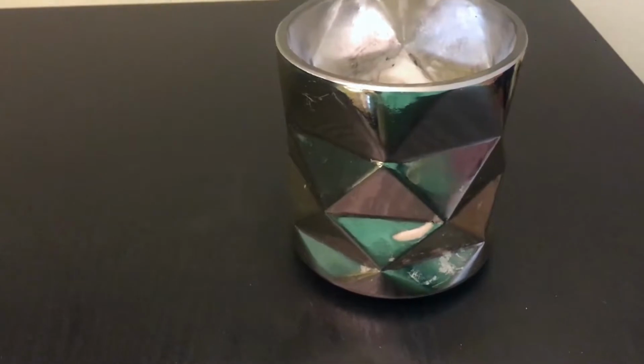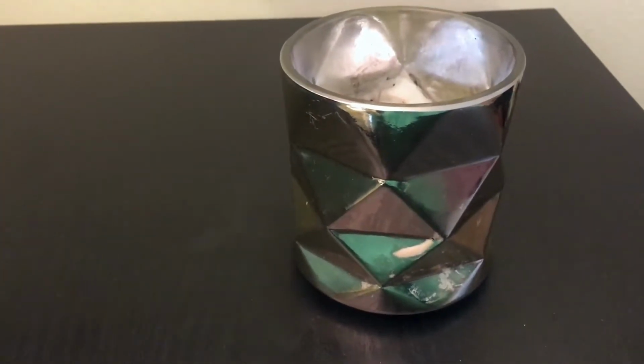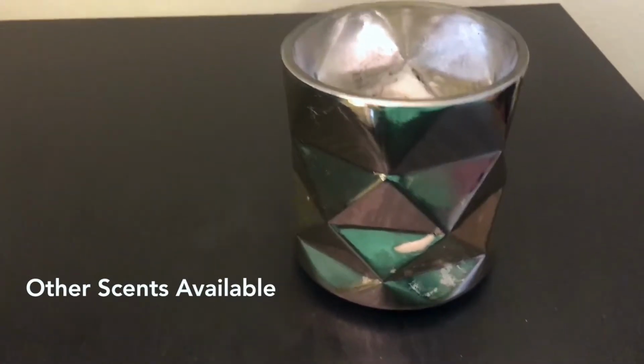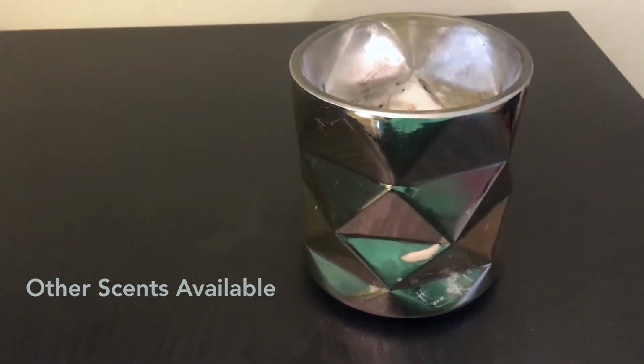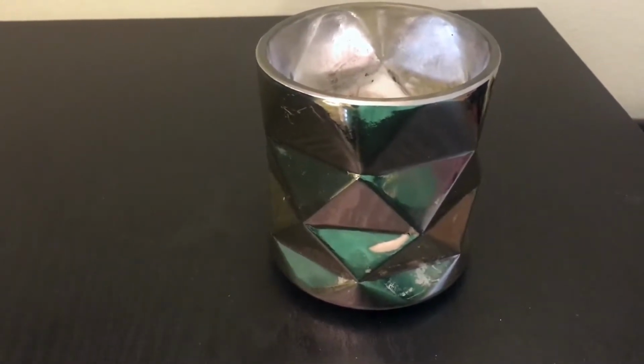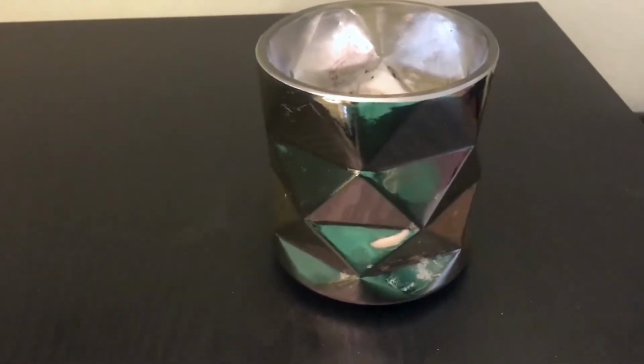This is one of my favorite scents by them. I do love it. But I just want to tell you guys how I got into them and what I think about their candles. I'm a very big junkie when it comes to candles. So yeah, getting started,